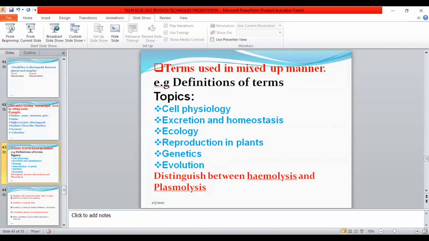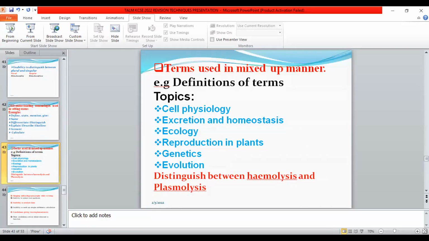Then we have the type of the solution where the cell has been placed, hypotonic solution or really concentrated solution. The students must capture the process. We have this process of osmosis that is taking place. The candidate must also talk about the direction of the movement of the water molecules. Then finally, the student must talk about the fate of this cell. It is going to swell and finally burst, something that is not captured by our candidates.